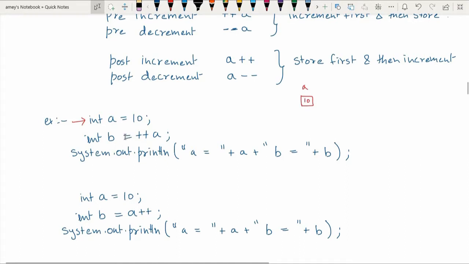Whenever you have an assignment operator, remember that the right hand side will be executed first and then the result will be stored. What is the right hand side? It is a pre-increment: ++ is written before the variable name a.